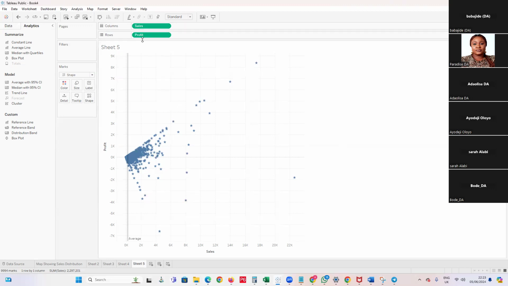So you can see these two things here, they are green, right? So it must be a measure. So it's just like when you are doing, how would I put it? Let me just show you what I mean. So now